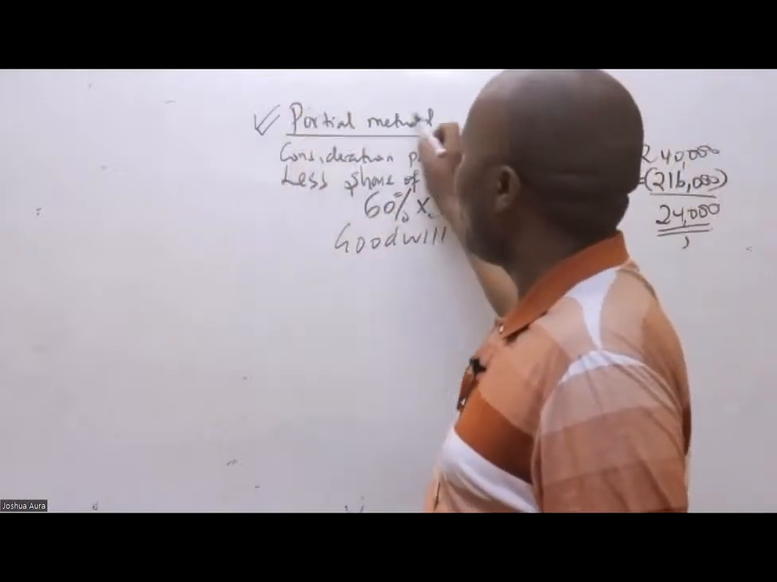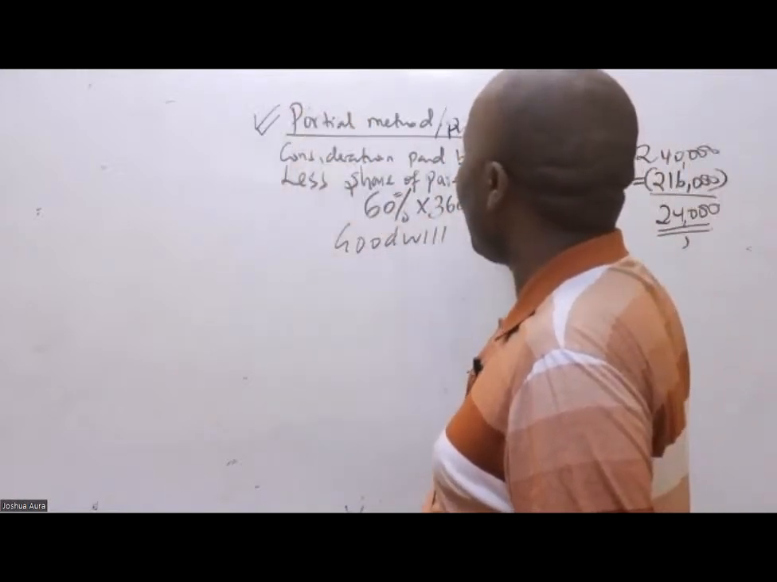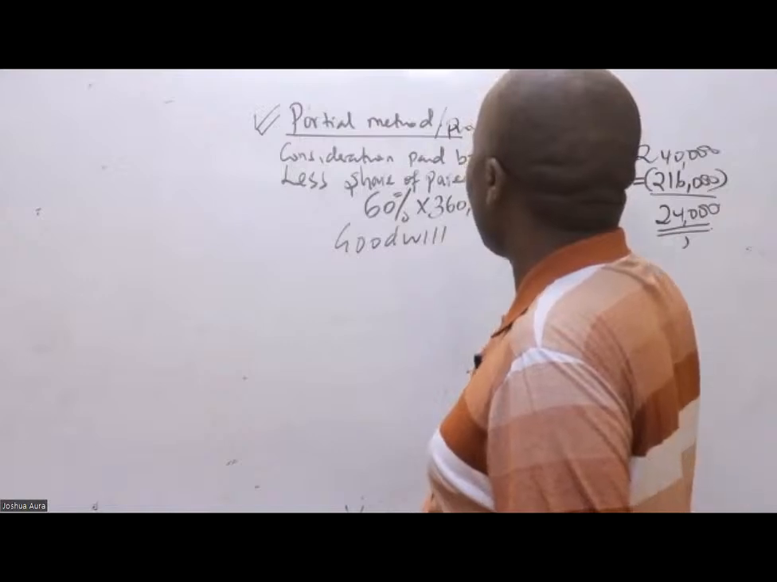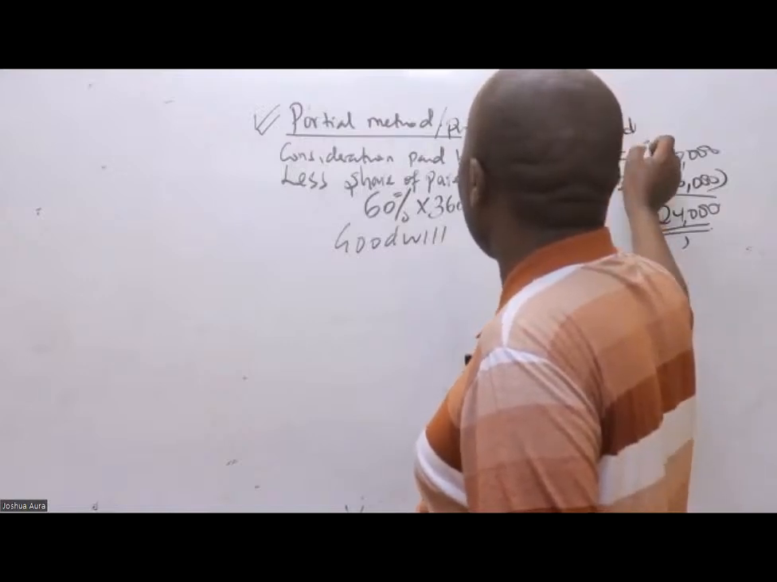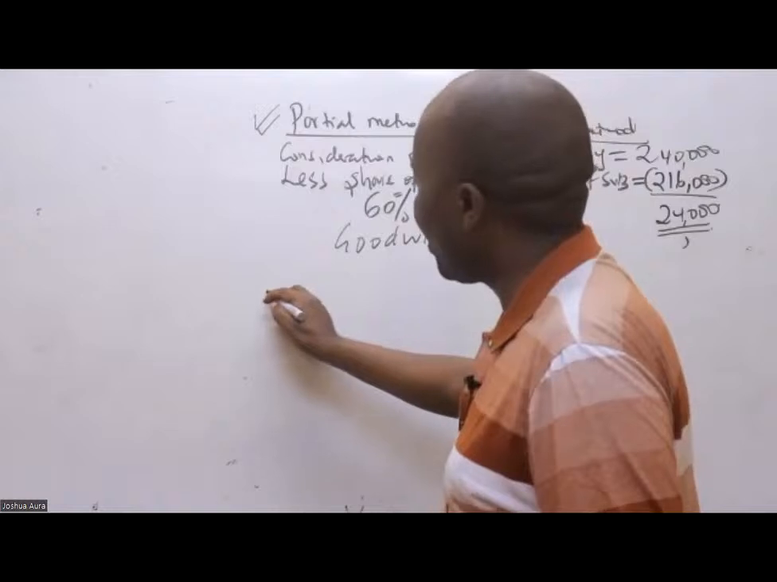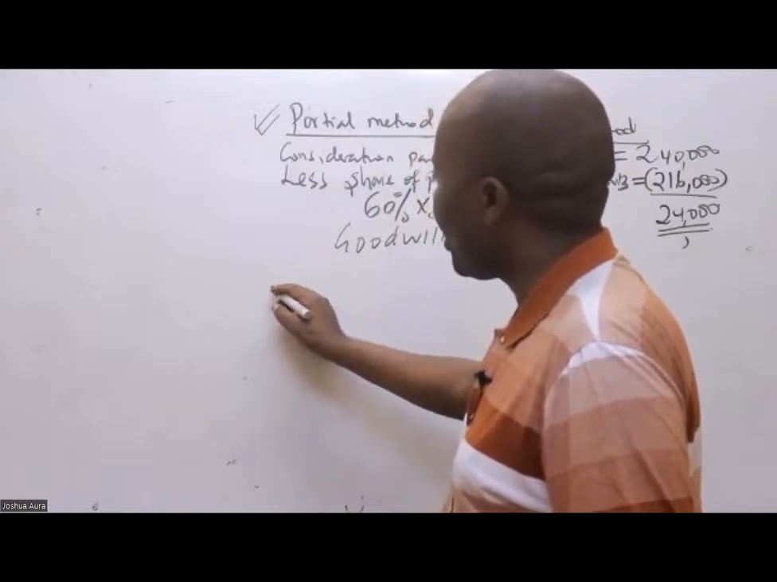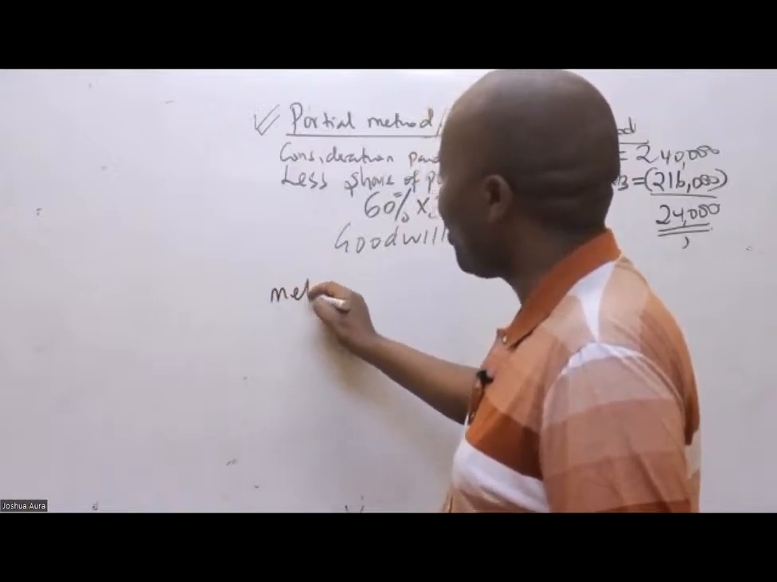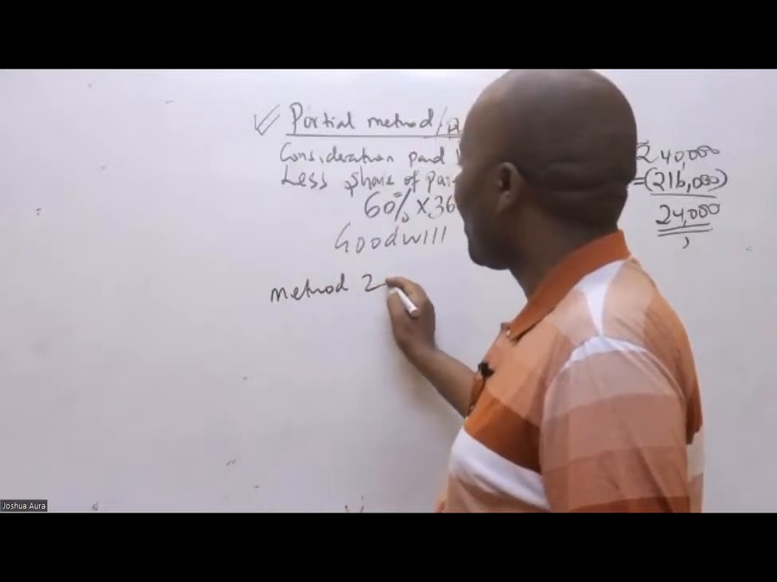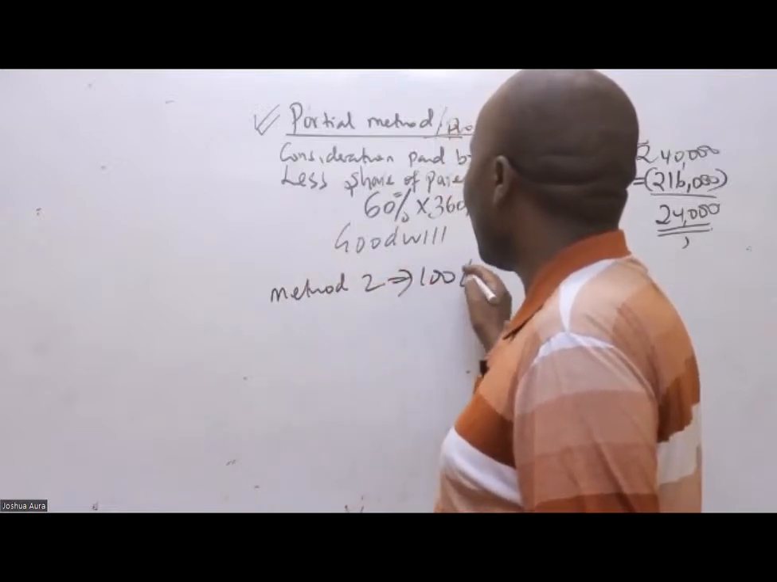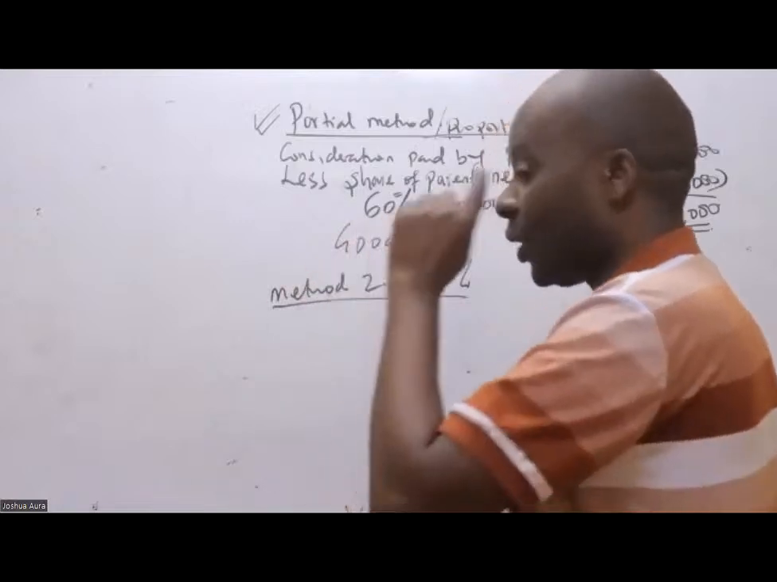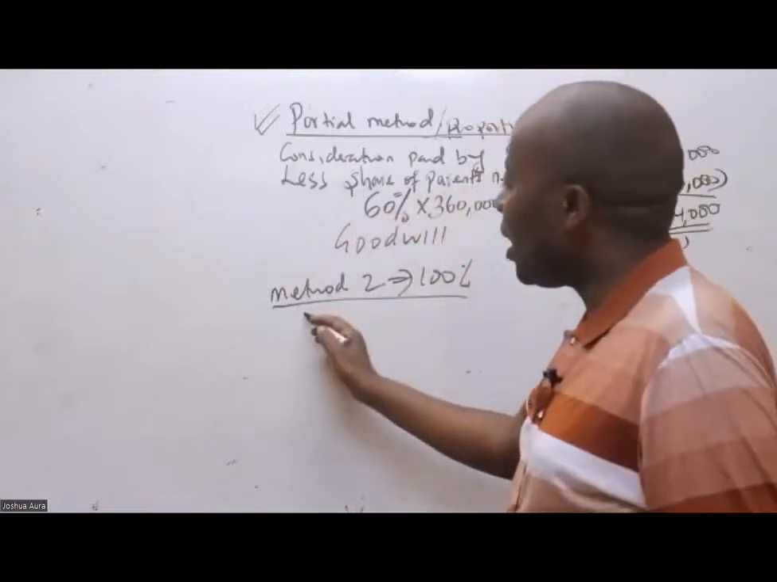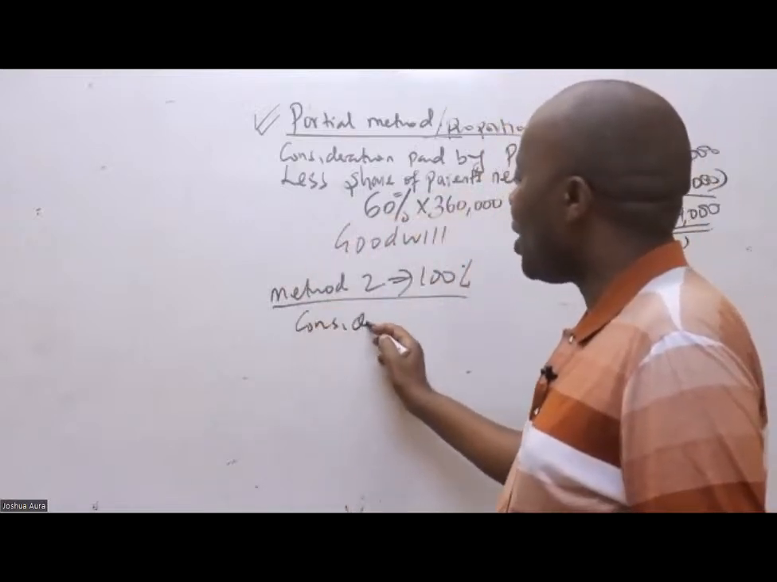Partial method, also known as proportionate method, which is the same. I've also seen some students doing it this way. So in this case here, method 2, what we call the 100% reasoning. So they'll come here and they'll tell you consideration